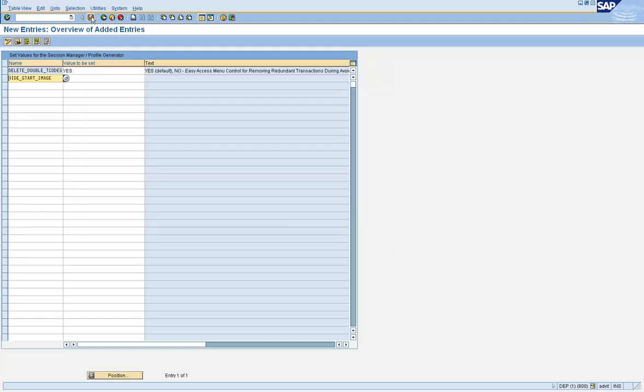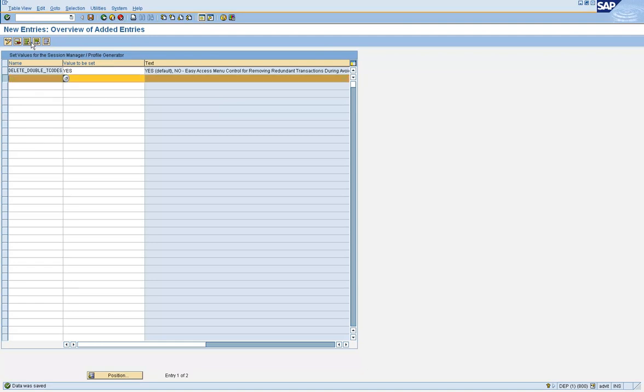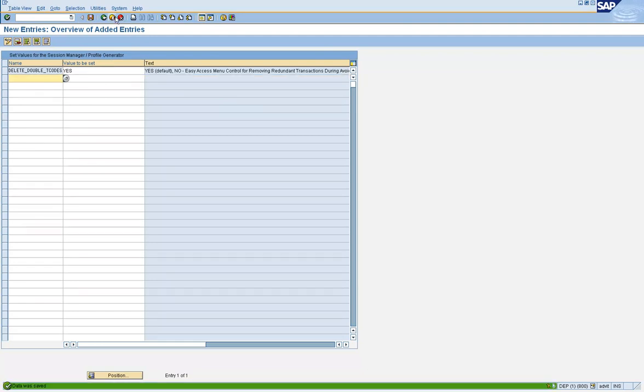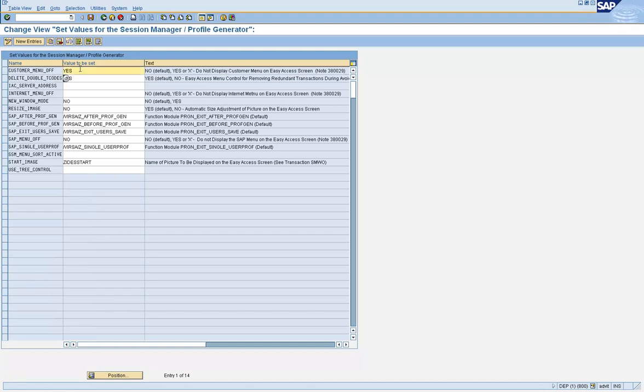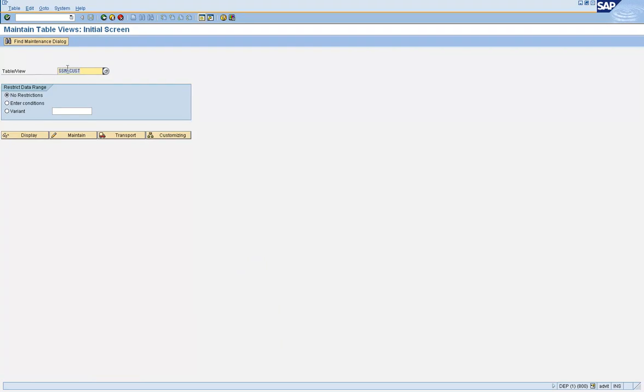So similarly, you have another table. Another table that controls this: SSM_cust contains the parameters which control the appearance of your GUI, basically.